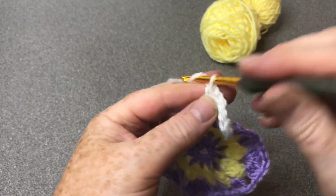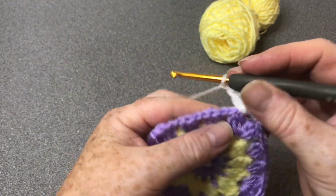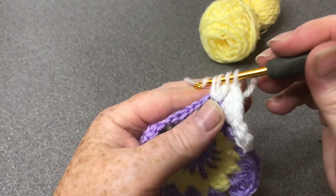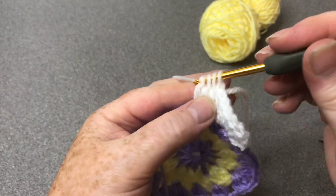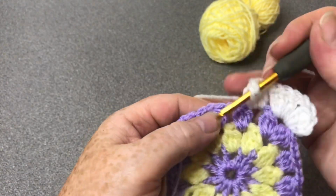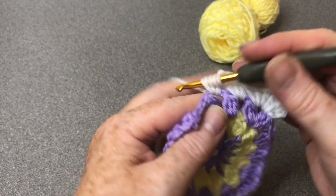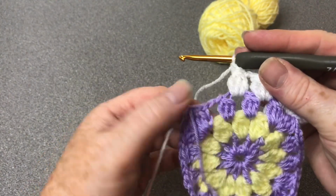Now I'm going to do 1 chain, and now I'm going to start making my clusters, my treble 3s together, exactly the same as before. It does mean that it does stay a little bit of a round edge, but it works out. This time you've got 3 along your sides. We had 2 in the last round, but now we have, when we get to the corner, this next one,